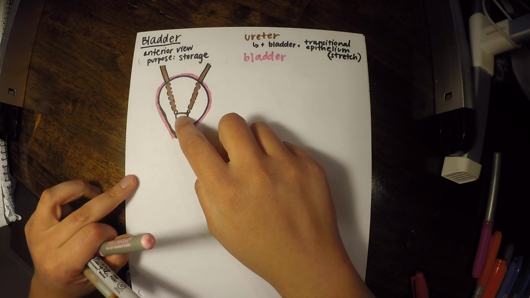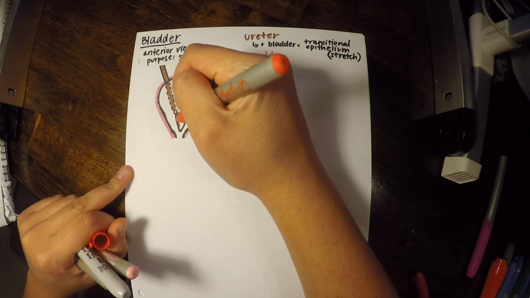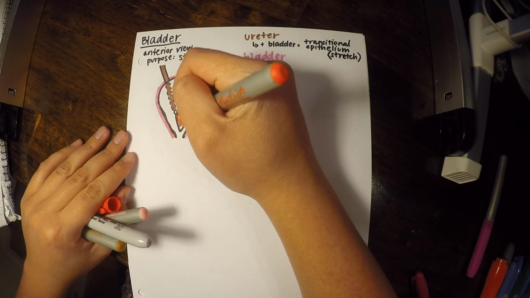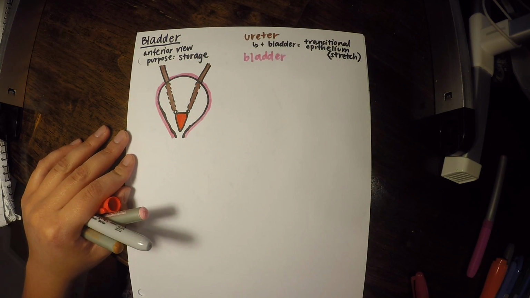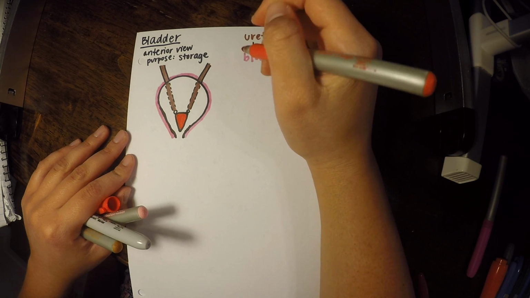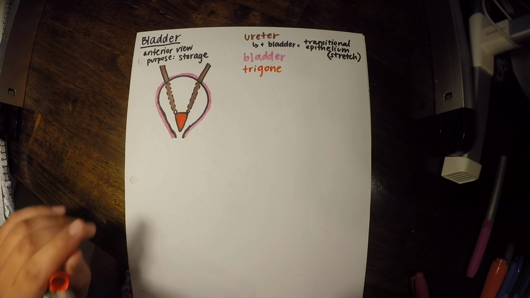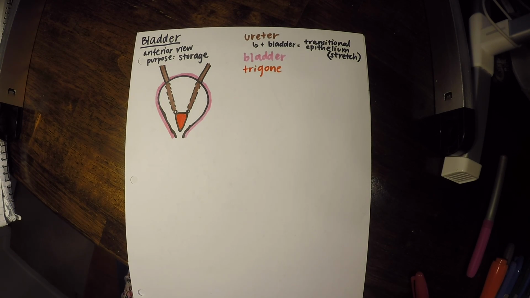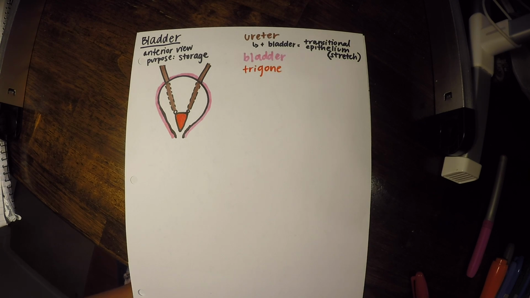Alrighty, so we have this triangular structure there, and that is actually called our trigone, where two of the points of this triangle are where the ureters enter the bladder from behind. But the trigone may have a little bit more function in terms of urination than we're aware of. There's still ongoing research, but it does have a lot of important stretch receptors, which is very important for the bladder.